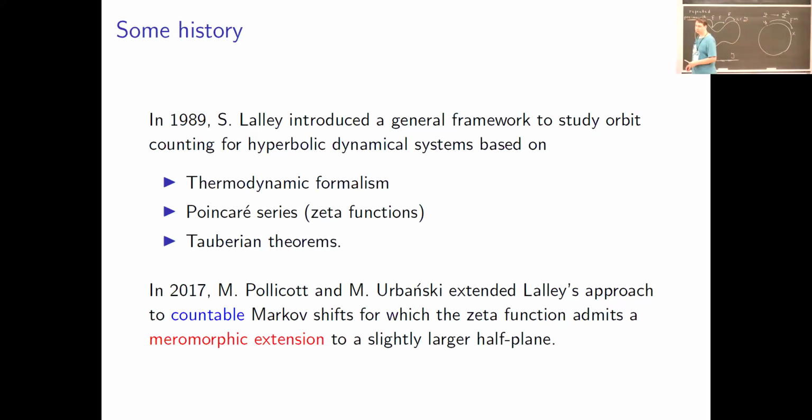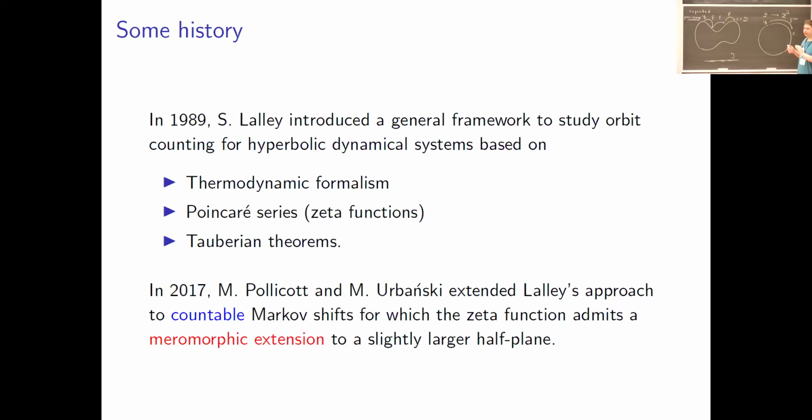Yeah, they need this assumption, but they didn't extend the zeta function to a slightly larger argument. They extend the zeta function across the critical line. That's enough. But if they did extend it to a larger argument, then they would have to. No, they wouldn't have, because they are not familiar with the Dolgopyat machinery. I'll mention this in a second. Well, he knows of it, but the machinery is very complicated. So it's not that they didn't want to do the work. So I'll mention you in a second.